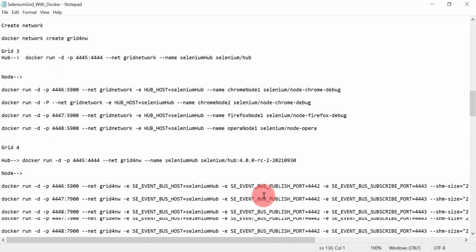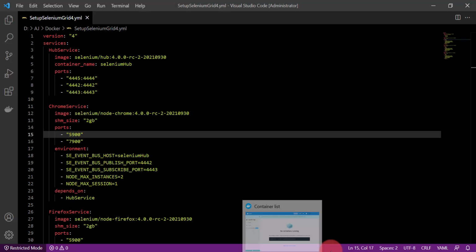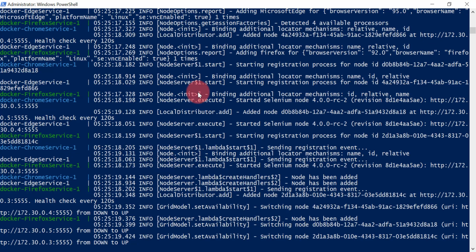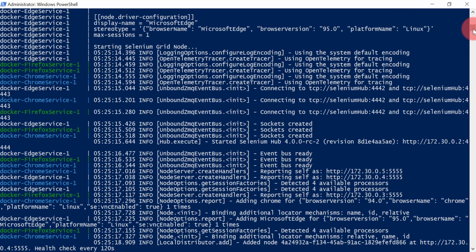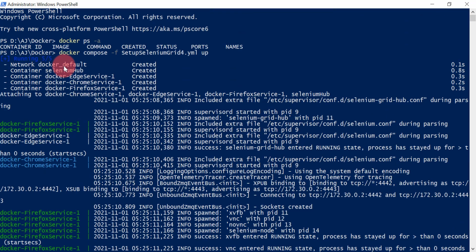But in the case of a docker compose YAML file, docker compose will create its own default network first, and all the services will be created inside that network. So we can see that the network docker default is created, and then it has created these containers and services.